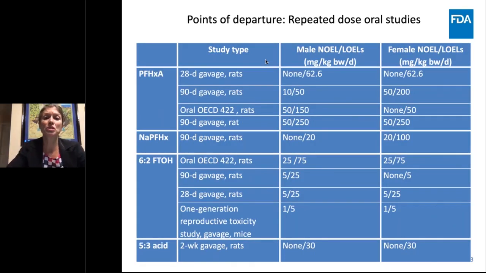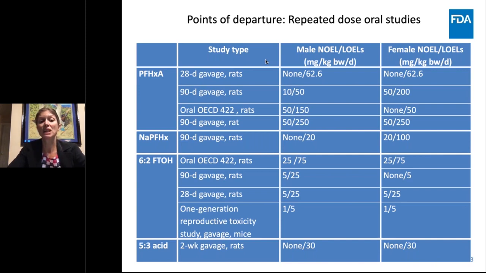The fluorotelomer study has generally lower NOELs for the studies under repeated dosing conditions than perfluorohexanoate, indicating a greater potency. In particular, mice have very low NOELs and LOELs. And again, these are NOELs, so this does not take into account adversity under the study conditions. But again, this indicates that the fluorotelomer is more toxic than perfluorohexanoate when assessed under similar study designs.